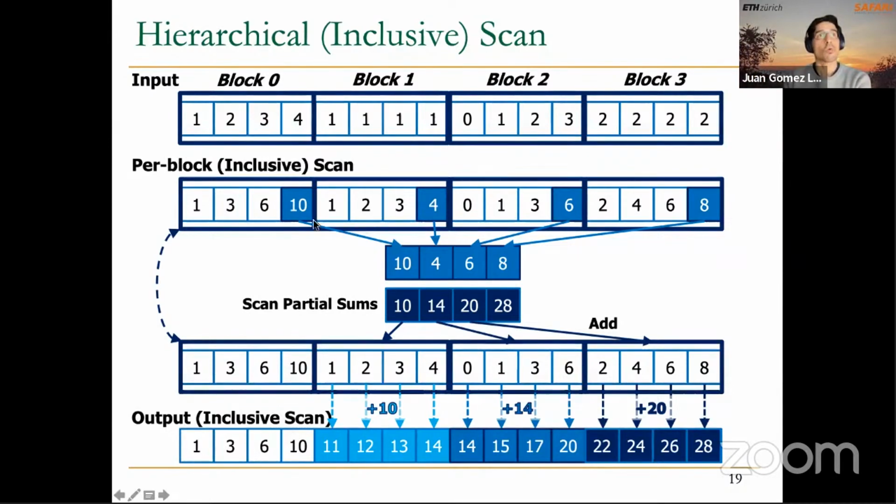So in the end, we need a way to make sure that all thread blocks have finished before we write all these last elements of each block, or these reduction results, into an array and start performing this scan operation of partial sums. And the only way that we can do that is to use some way of interblock